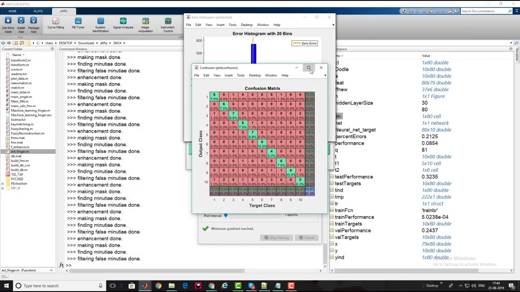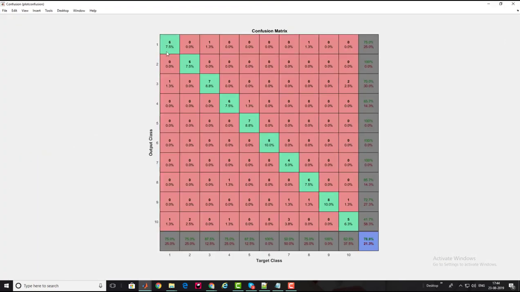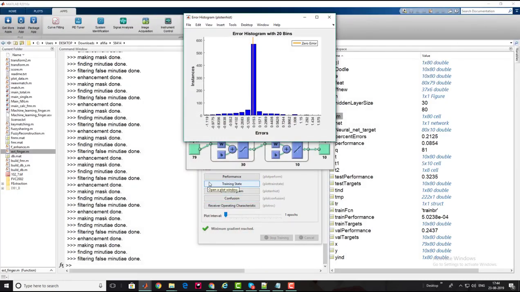Let's see the confusion matrix and what the overall performance looks like. As I told you, there are 8 subjects, and for one class all 8 of them are identified perfectly, while the least percentage was for subject 7, where 4 out of 8 are detected, showing 50% performance for subject 4. So this is all about the confusion matrix. The overall accuracy is 78%. This is how you can make your own MATLAB code in a few minutes.